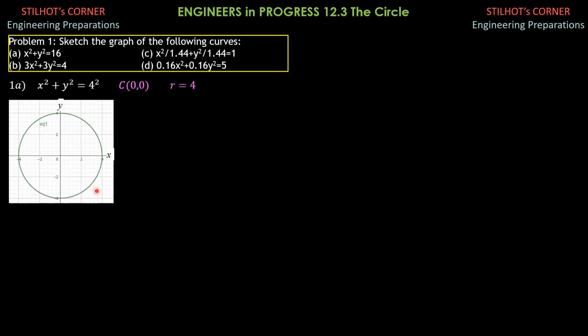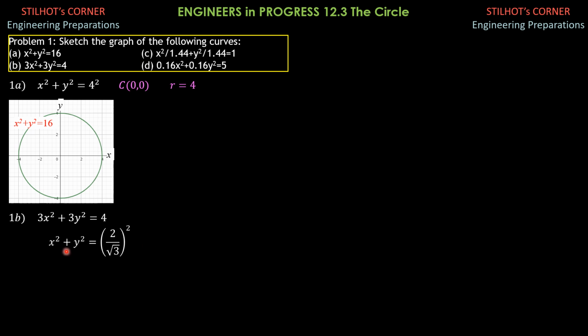And this is the circle with radius 4. Its grid is 2 units. So that's why you have 4 units radius, center at the origin. So that's the sketch of the graph of x squared plus y squared equals 16. For part B, divide everything by 3. So we have x squared plus y squared equals 2 over square root of 3 quantity squared.